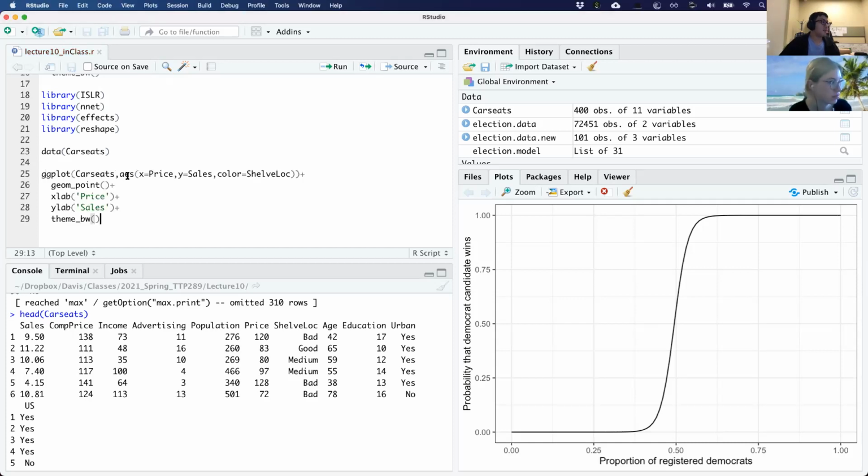Can we say anything about the shelf location based on the price of the car seat and how well it sells?